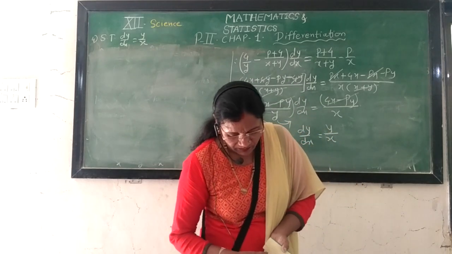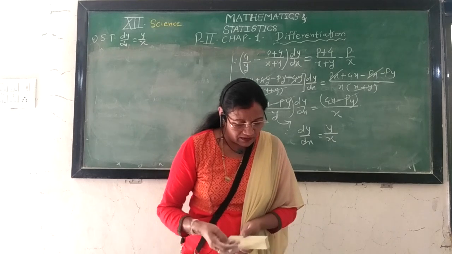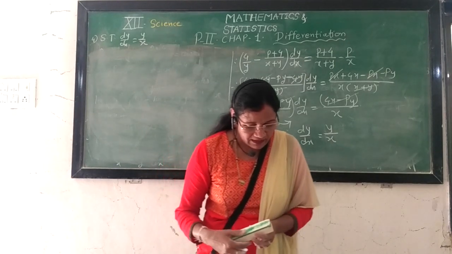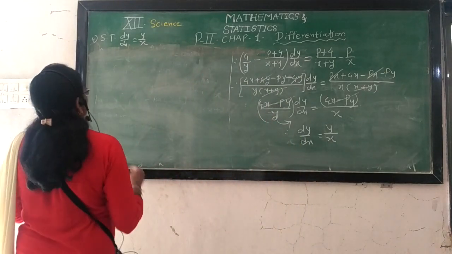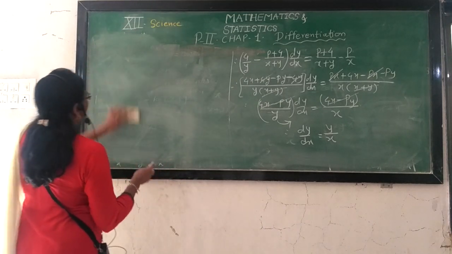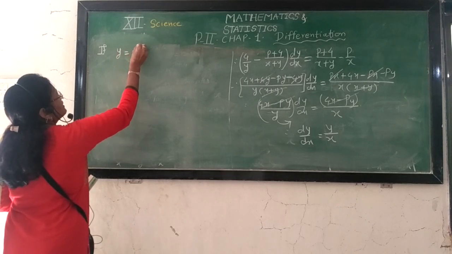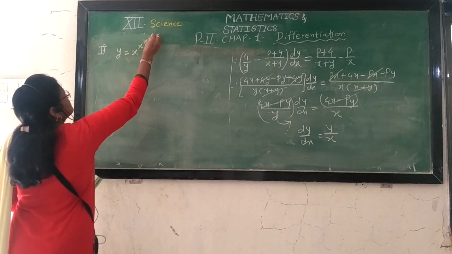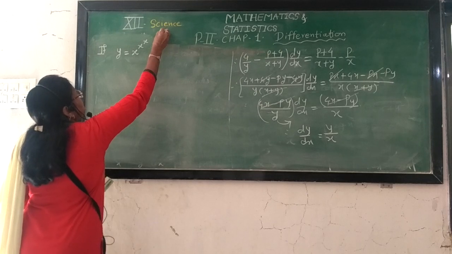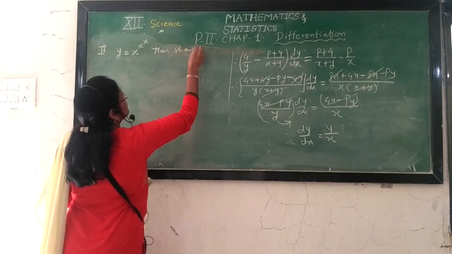That example has a different answer, but your question shows that, and that is the wrong answer in the textbook. So you can simplify this. For this we write the question as: if y is equal to x raised to x raised to x raised to, up to infinity, then show that